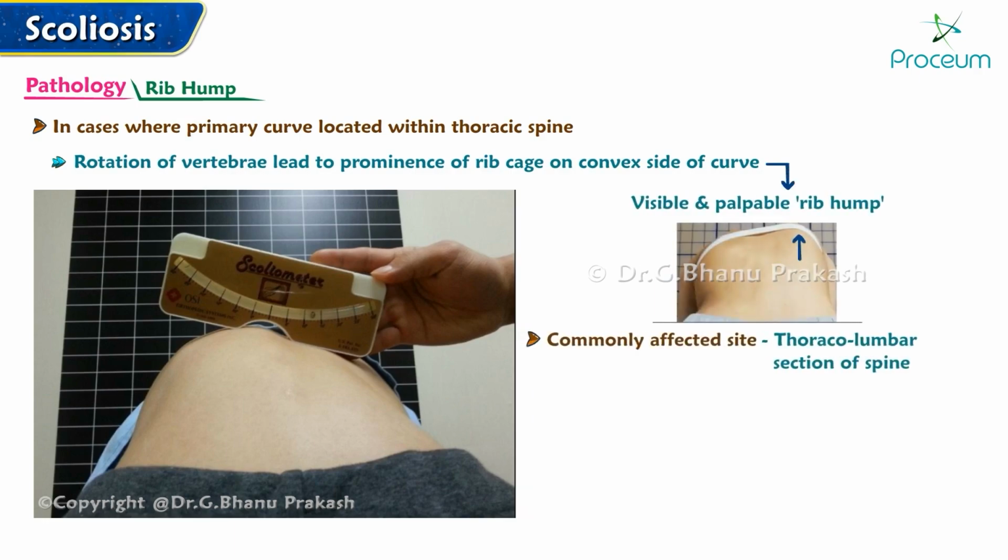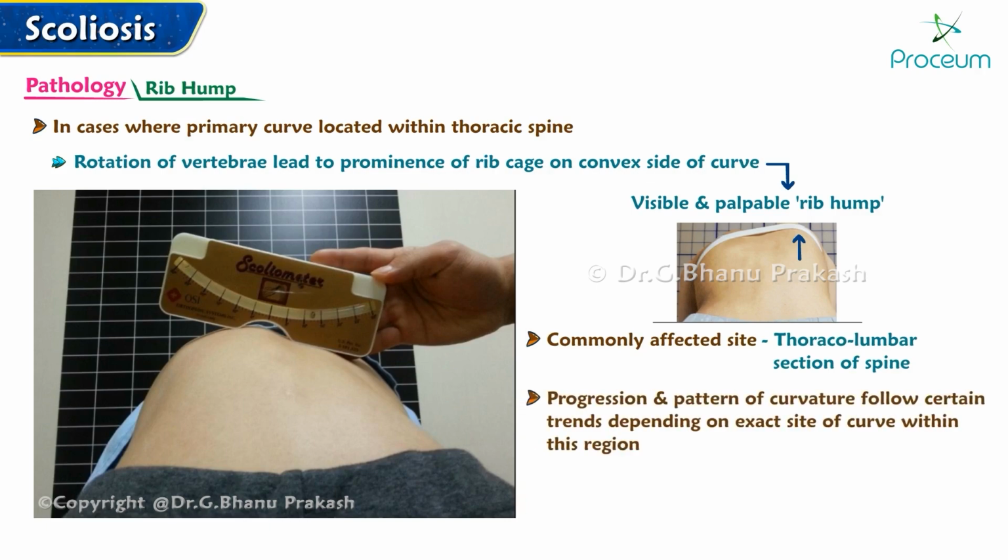The thoracolumbar section of the spine, where the lower thoracic spine meets the upper lumbar spine, is commonly affected in scoliosis. The progression and pattern of curvature tend to follow certain trends depending on the exact site of the curve within this region. Three notable patterns based on their location include the following: